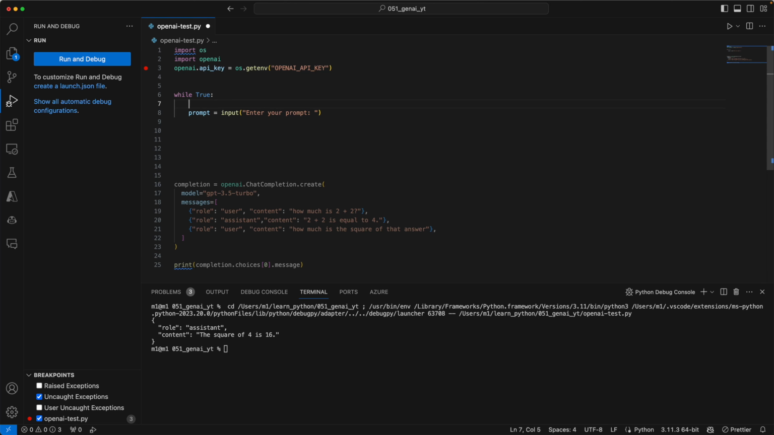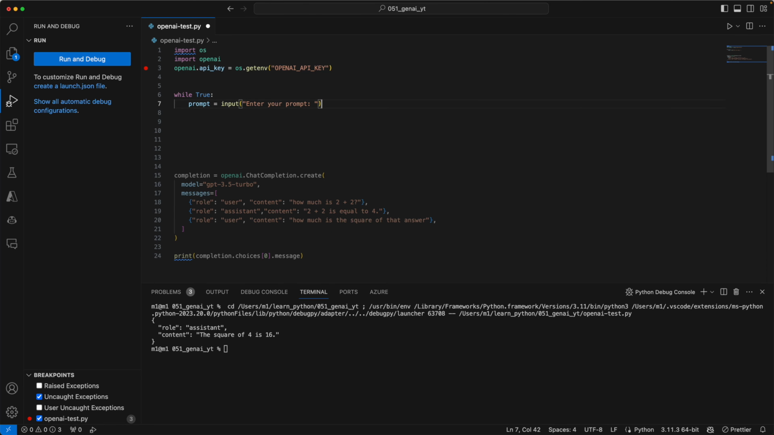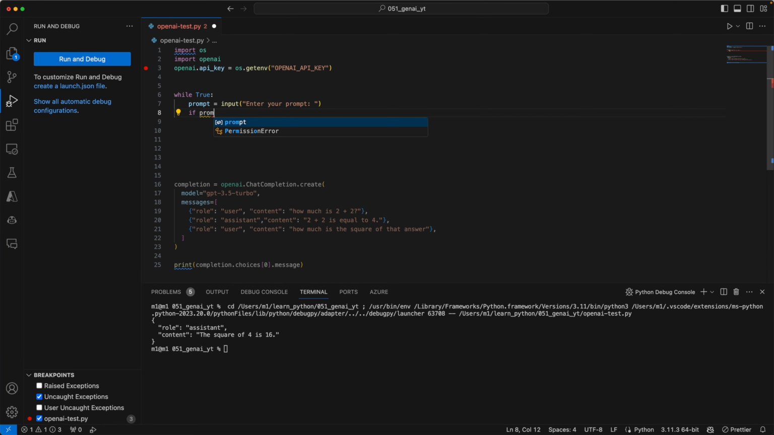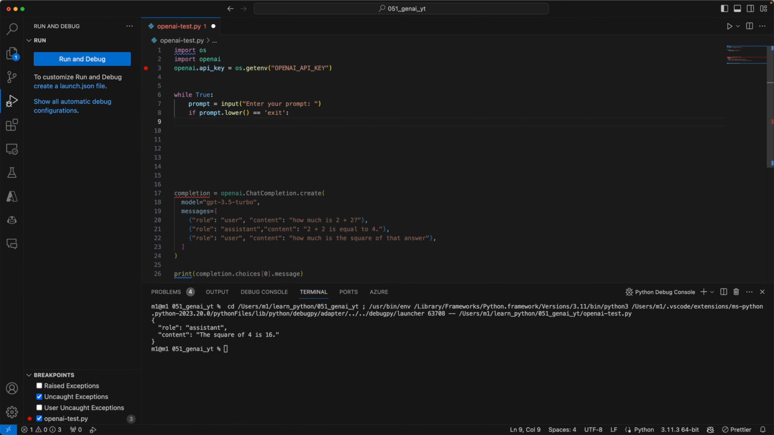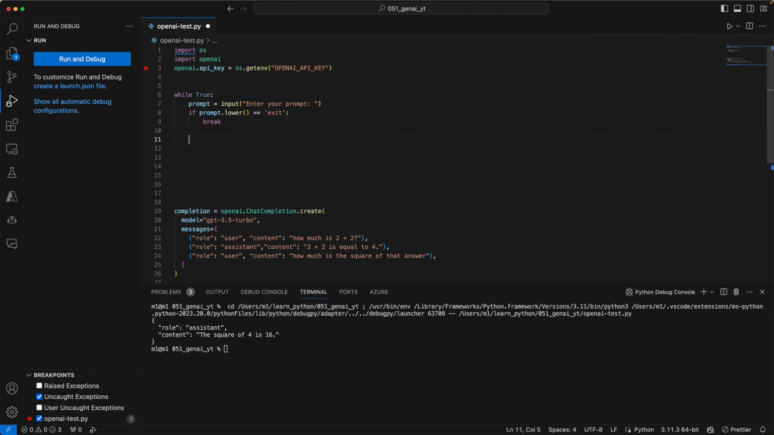While true, let me get a prompt from the user. If prompt dot lower is equal to exit, then I want to break, right? That means whenever the user says exit, we're going to stop the loop. Otherwise, we're going to keep on looping. If it is not, then we're going to create